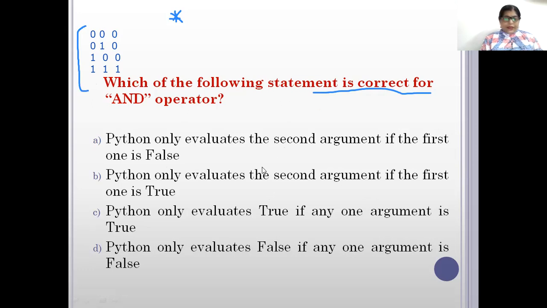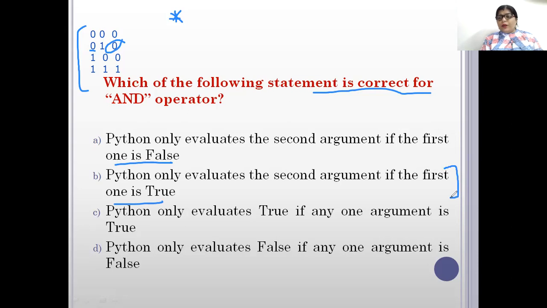Just see the first one: Python only evaluates the second argument if the first one is false. No. If the first one is false, obviously the answer will be false only, so why would it be evaluated? Okay. Python only evaluates the second argument if the first one is true. If the first one is true, then only Python will evaluate the second argument. In my view, this is okay.